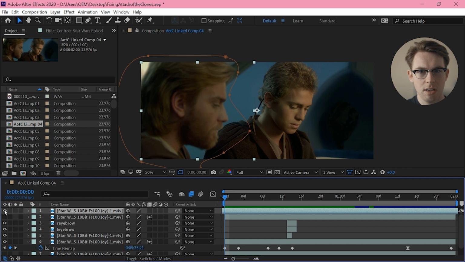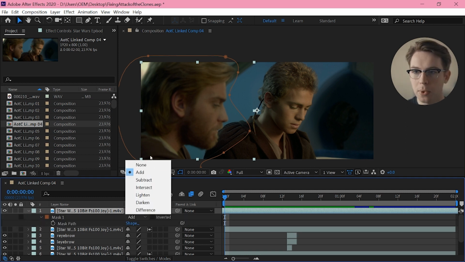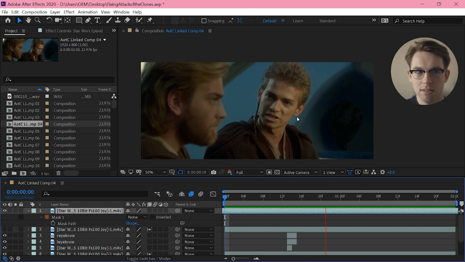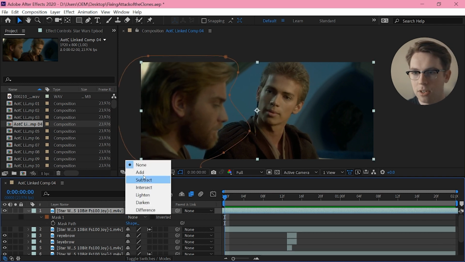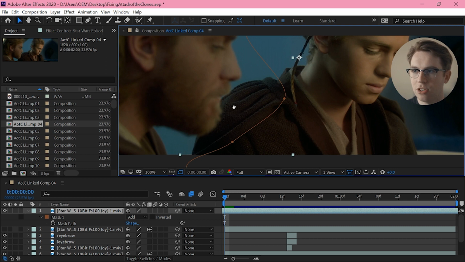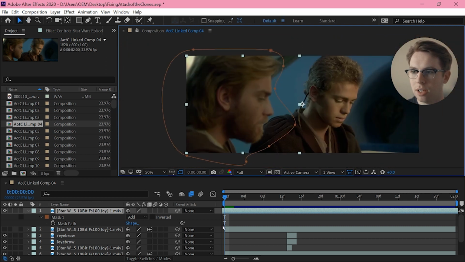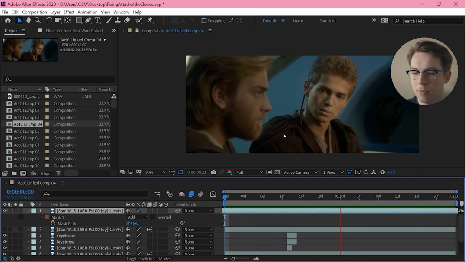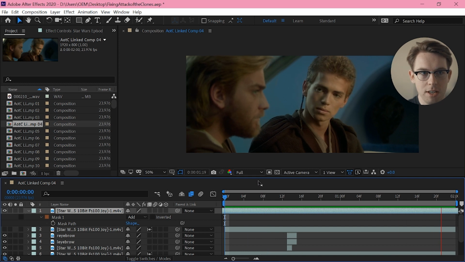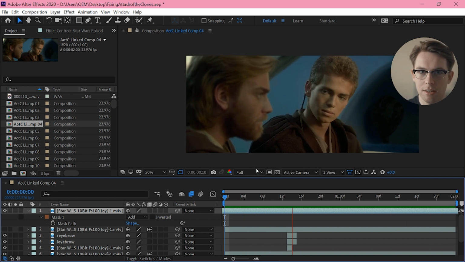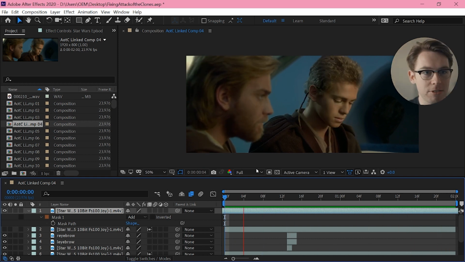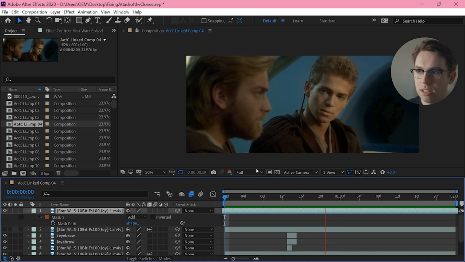So the way I've done that very simply is I've grabbed the bit of Obi-Wan's performance that I want, which is him looking ahead nonplussed while Anakin yells at him, and I've just masked it. You can see I'm just masking around the edge of Anakin's shoulder here and loosely around his face. But actually, in motion, you can see that moving around a bit if you're focused on it, but it's pretty good, really. It's good enough. Again, if I was going to spend more time on this, that'd be definitely the first thing to clean up. But it's close enough.